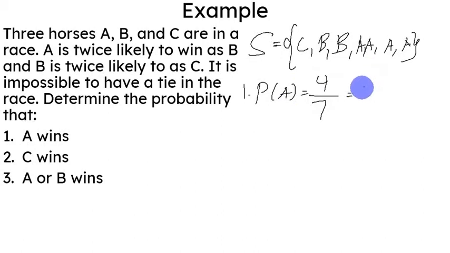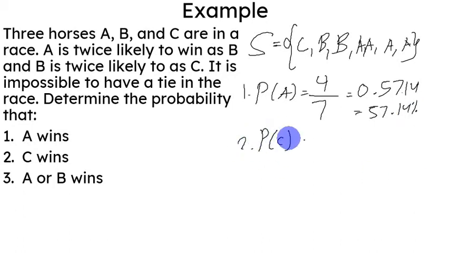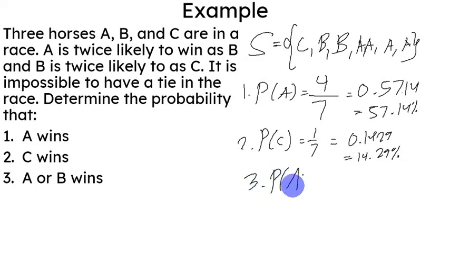In decimal form, in 4 decimal places, that's 0.5714 or 57.14%, more than half. The probability that C wins will just be 1 out of 7, or 0.1429 or 14.29%, a smaller chance. If A or B, the probability of A or B, that would be the probability of